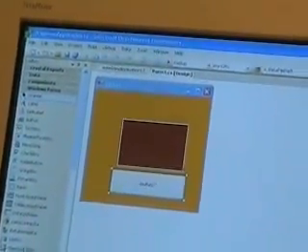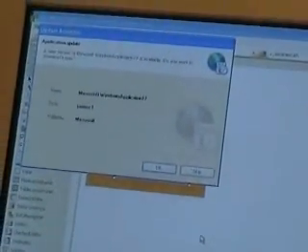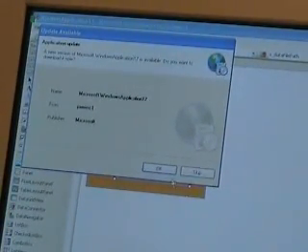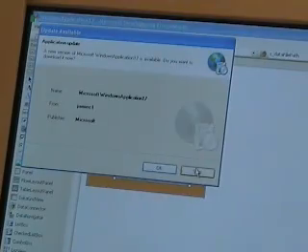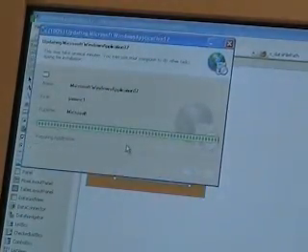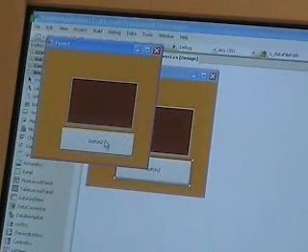So now instead of launching it via the web, I'll just launch it via the Start menu. Because I had it configured to check for updates every time the application runs, and it was an optional update, which means the user has a choice of either taking the update or skipping it, I get the choice. I'll take the update, briefly download the new version of the application, and there you go, there's my new version